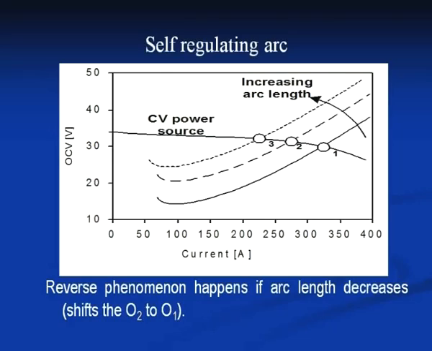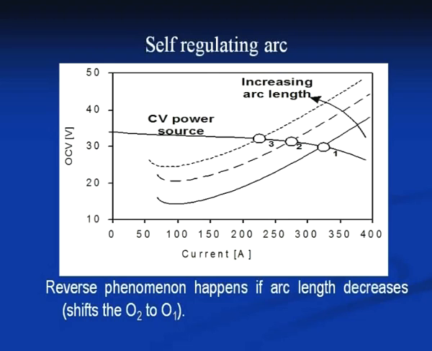You can see how the self-regulating arc is developed here. This line indicates the constant current, constant voltage power source characteristic, and initially the intersection of the power source characteristic with the arc characteristic, which is indicated by these three lines of different arc lengths, is shown by the numbers 1, 2 and 3, indicating the operating points. When the arc length is small, here the operating point is 1, and the system runs for this welding current, and for this